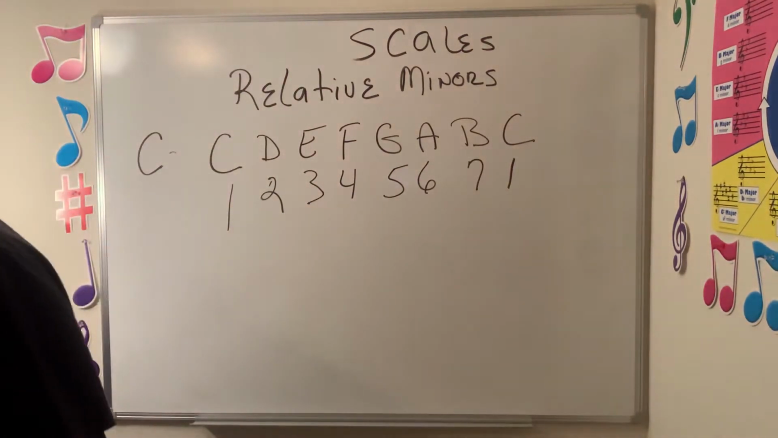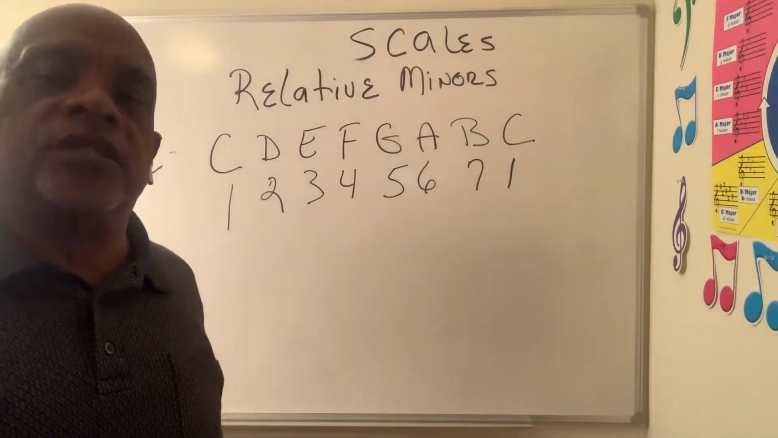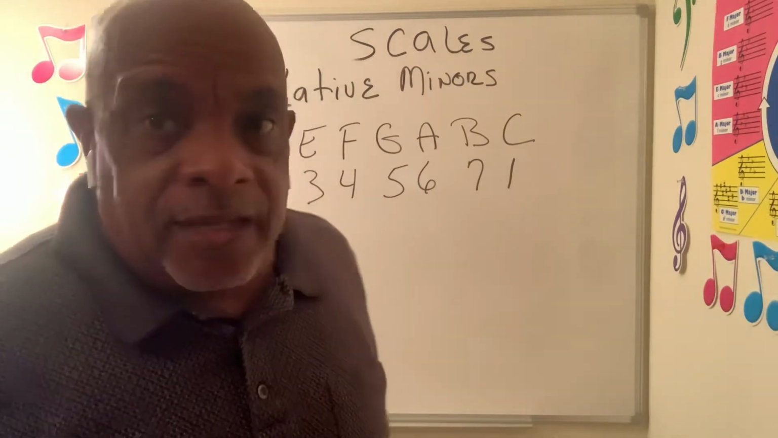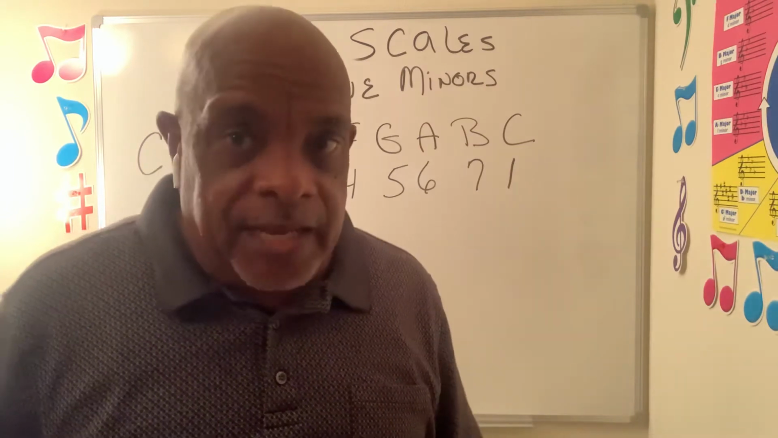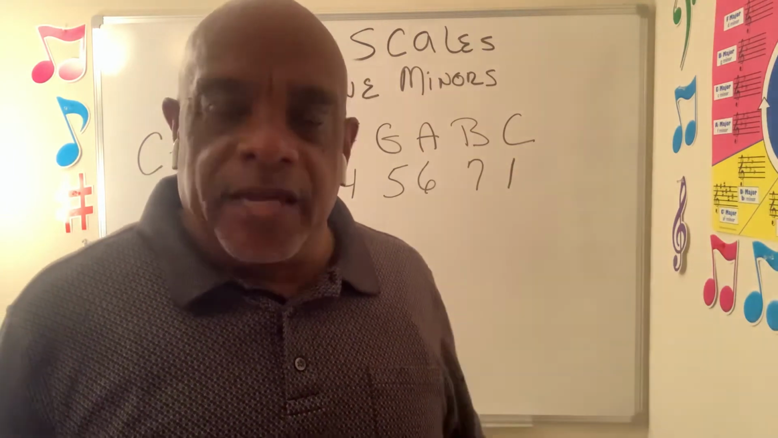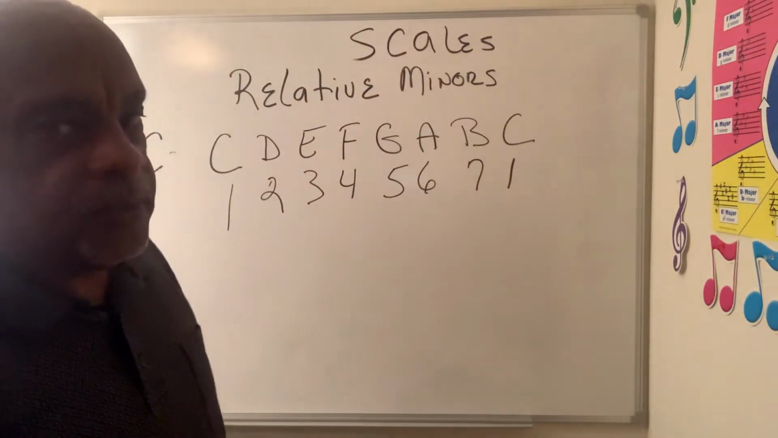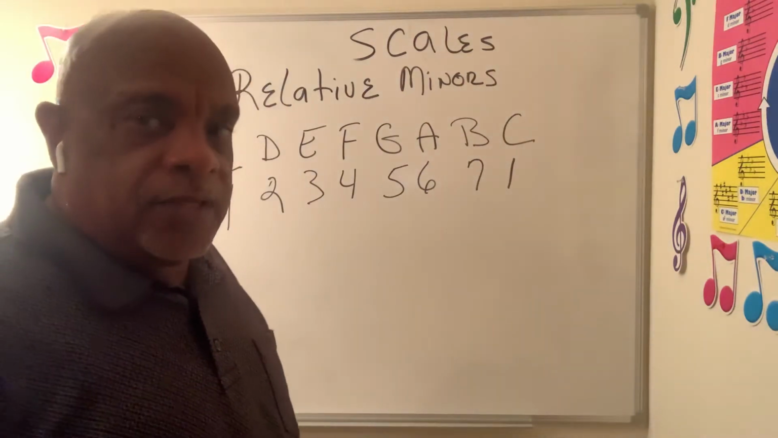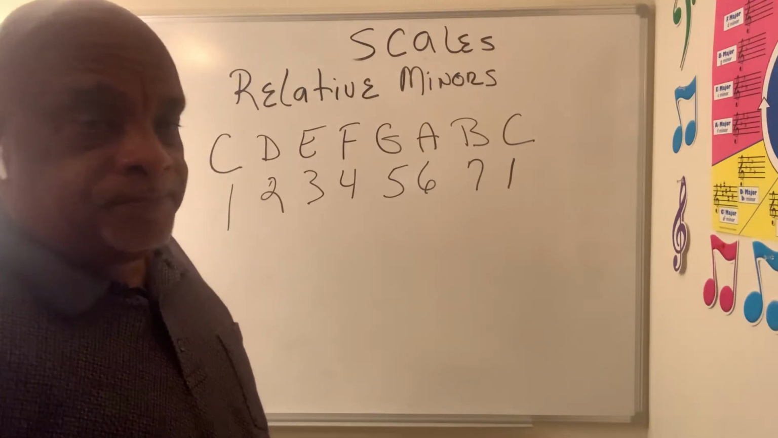Now, a relative minor is just that. It's a minor scale that's relative to the major scale. One more time. A relative minor scale is a relative minor scale to the major scale. In this case, we've got the key of C up here. No sharps, no flats. In order to find the relative minor, which is a very easy process,